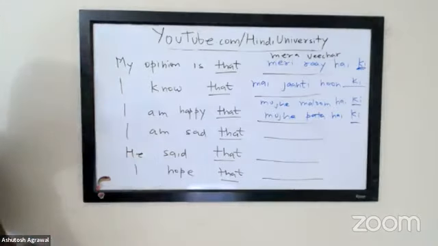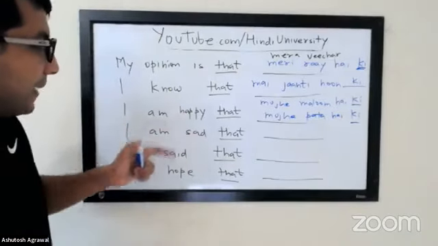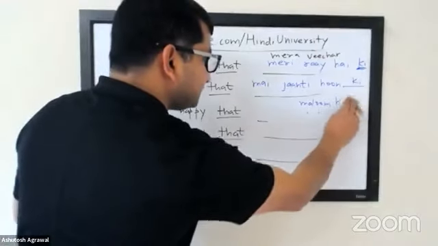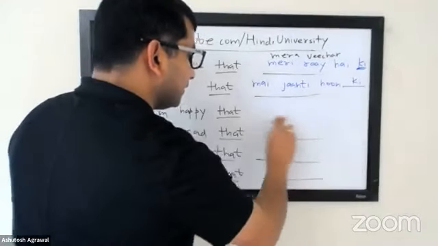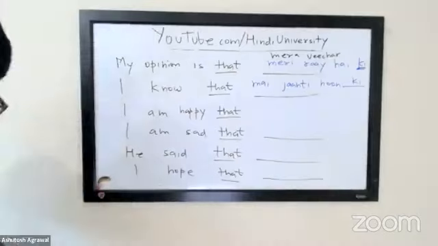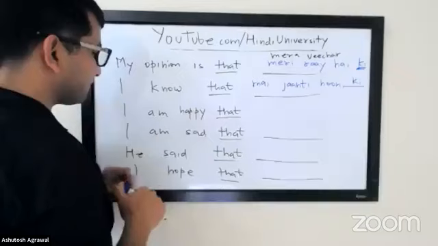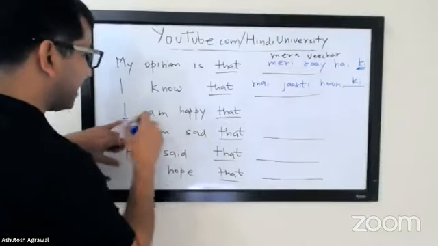Great. Okay. Now I'm going to shift. I'm going to go to I am happy that and I'm sad that. Okay, I'm going to erase this one. Tom, how are you doing? You want to give this one a try? How will you say I am happy? Fine, Ashu Ji. So, मुझे बहुत अच्छा कि. Okay. So just say I am happy first with मैं हूँ pattern. So मुझे.